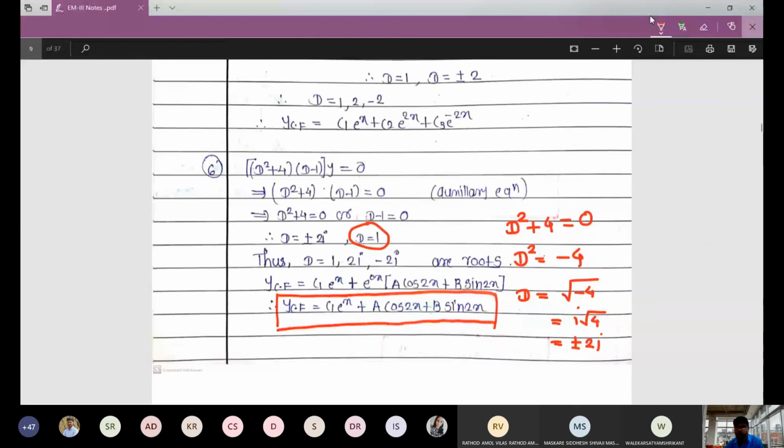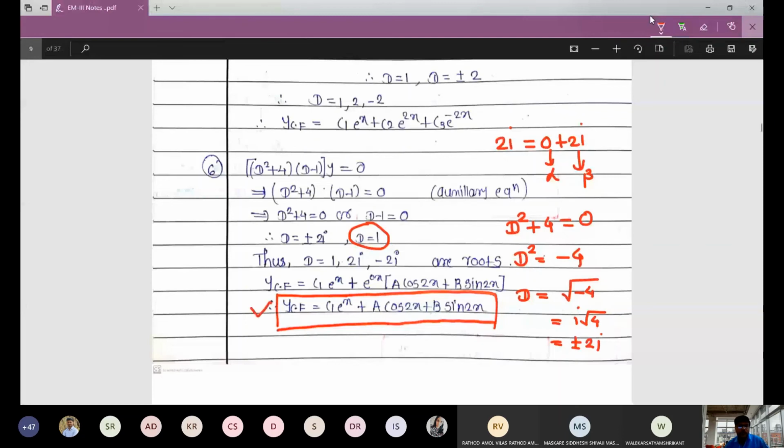This is a mixture of case 1 and case 3. Corresponding to the real root, the solution follows case 1, that is c1 e to the power that root times x, plus corresponding to the complex root. We have 2i as a root, so it is simply 0 plus 2i, where 0 is the alpha part and 2 is the beta part, the coefficient of i. The value of alpha is 0, so e to the power 0x in bracket a cos beta x. Beta is 2, so a times cos 2x plus b times sin 2x. That's why the final solution YCF is c1 e to the power x plus a cos 2x plus b sin 2x.